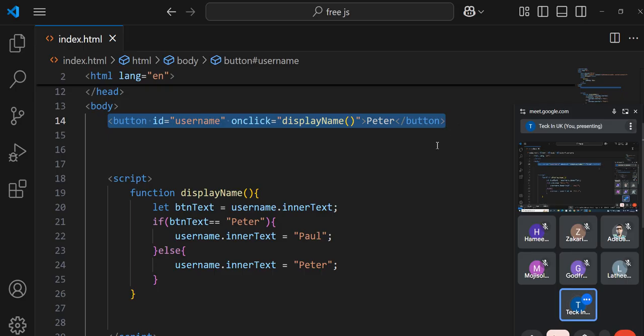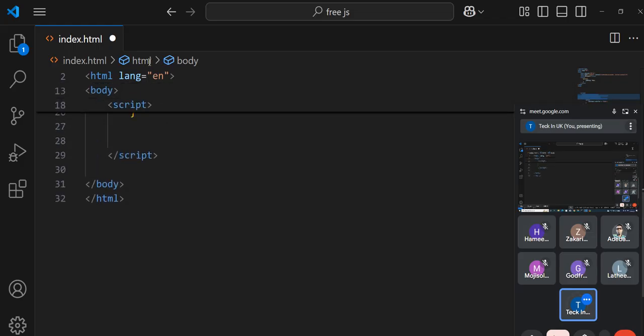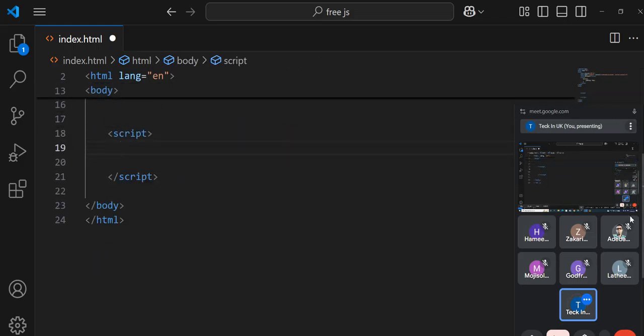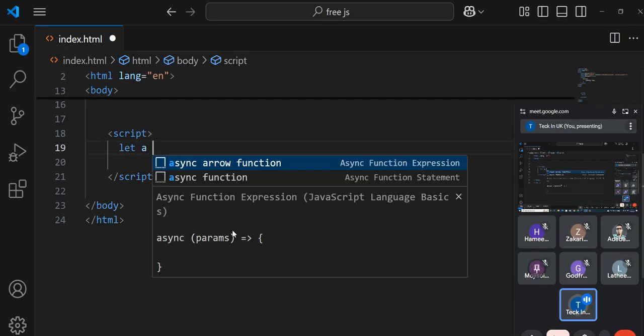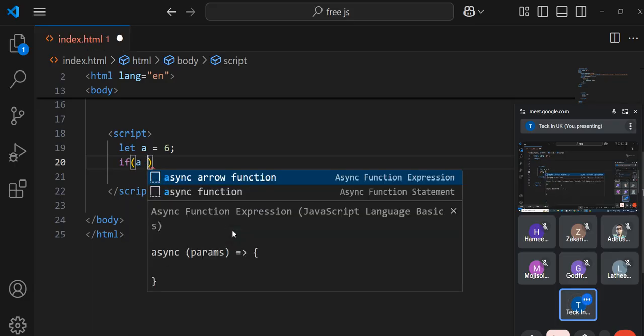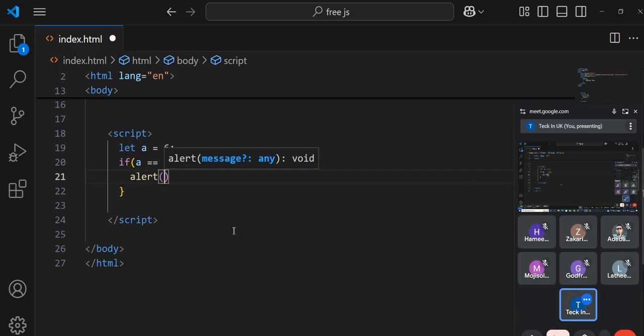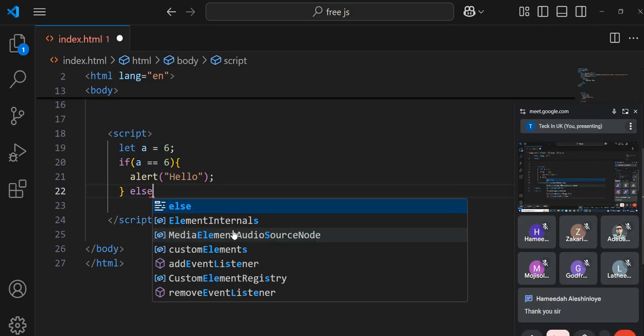Now, if else if. In our last class we looked at this. If I have a variable, we'll do something like this. If a is equal to 6, alert hello, else, that is if a is anything outside 6,